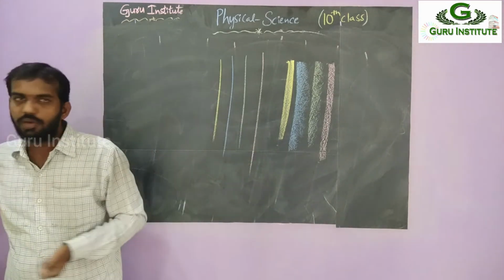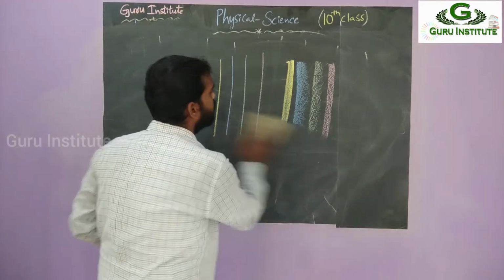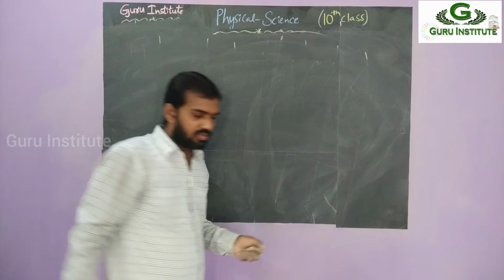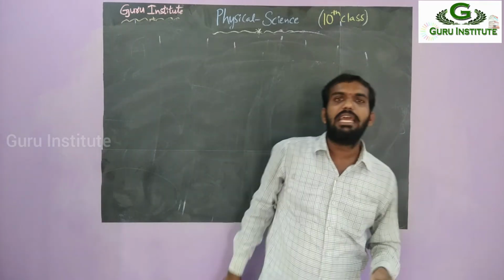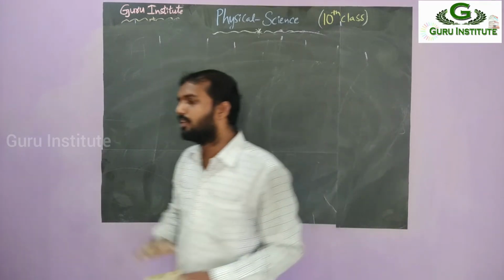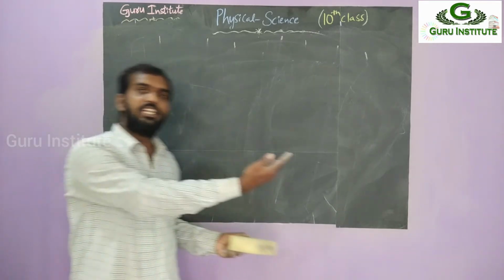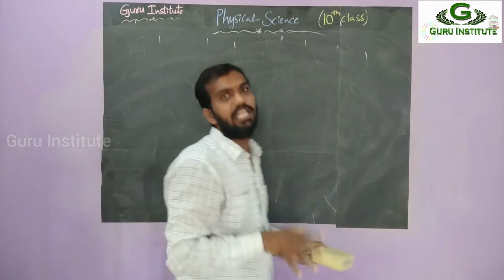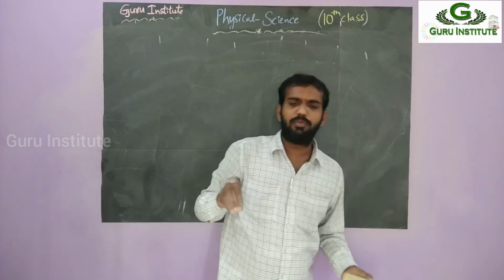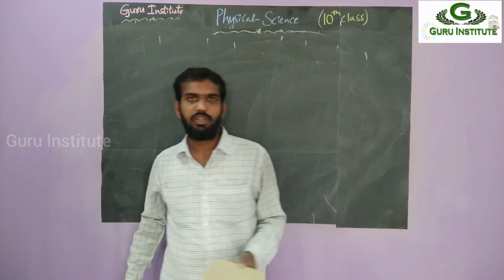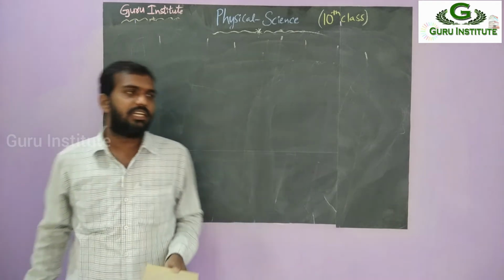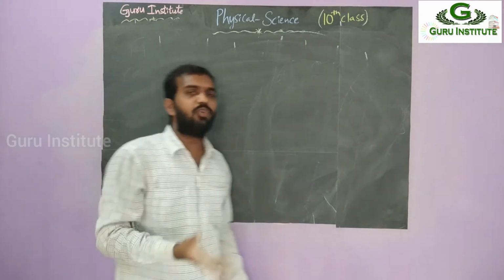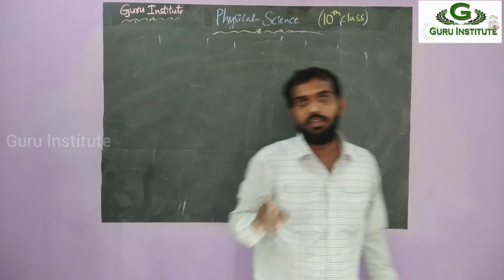Now coming to Bohr's model. Bohr's model gives the hydrogen spectrum. The hydrogen atom emits a line spectrum. Why does it emit? As already explained, when electrons jump from a higher energy level to a lower energy level, it emits energy. But it is not stable in that position, and it goes back to the same position. Due to these disturbances, it emits energy in the form of lines. So it successfully explains the line spectra of hydrogen.